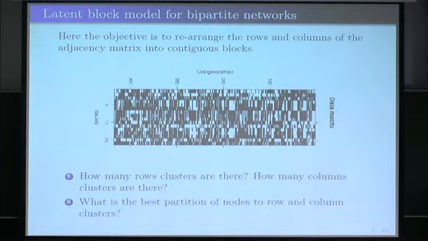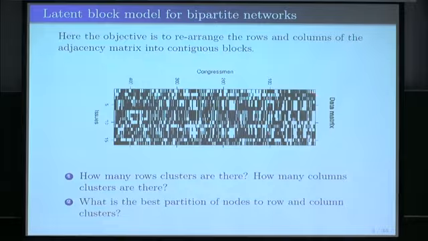Here's an example of typical data that one might examine using the latent block model, which we'll get onto a little later, for bipartite networks. This is a well-known and well-studied data set of how some congressmen voted on certain issues in the US House of Congress. The idea is to cluster both the columns of this matrix and the rows simultaneously to find out which congressmen tended to vote in the same way on a certain number of issues.